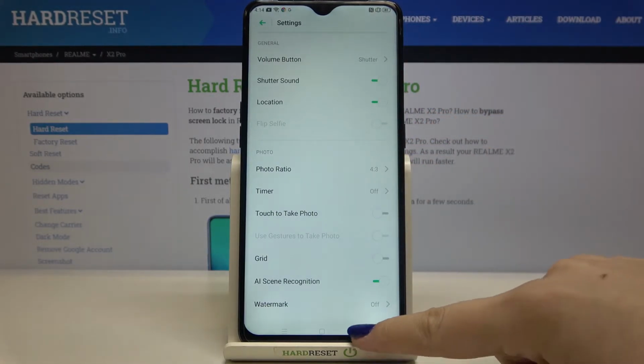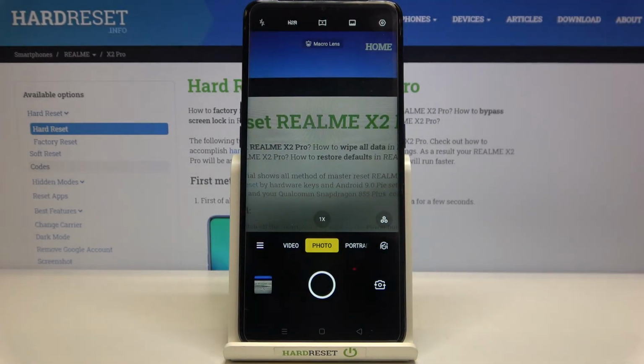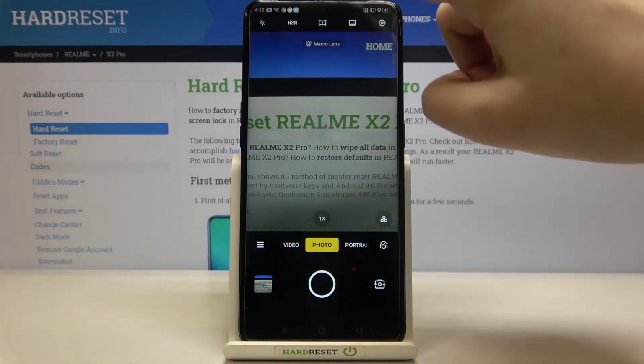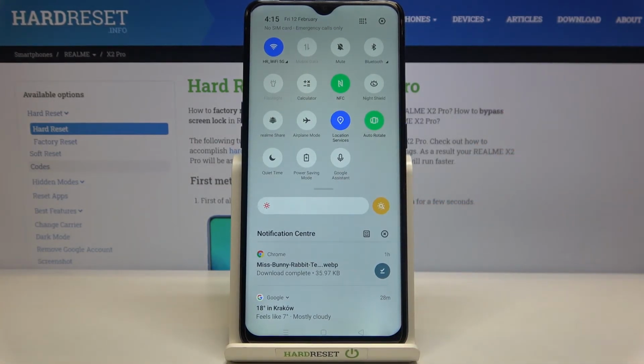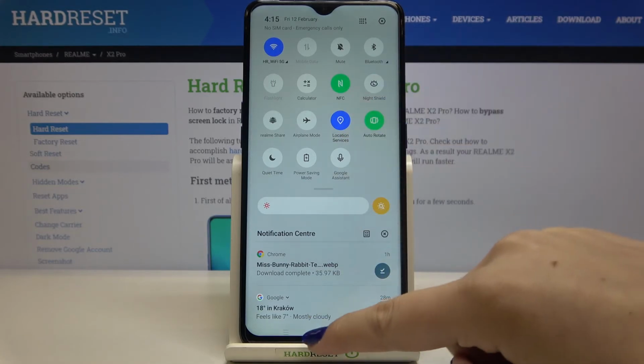So actually this is what we can do in the camera, but you have to take care of two different features which are also very important in order to make the location tags work perfectly fine. So all you have to do is unroll the top bar, and the very first feature about which you have to take care of is the Wi-Fi connection. Actually, maybe not Wi-Fi, but the internet connection. So make sure that you're connected, for example, with the mobile data, the Wi-Fi, or whatever you have. And the other option is to use the location. So make sure that the location and the internet are turned on, and then you can go back to the